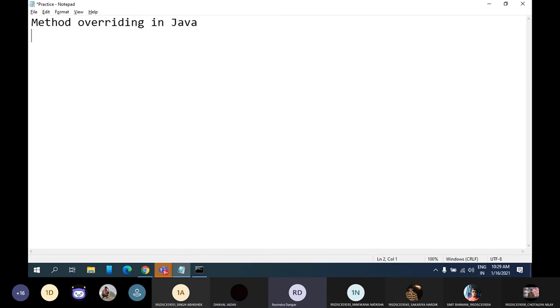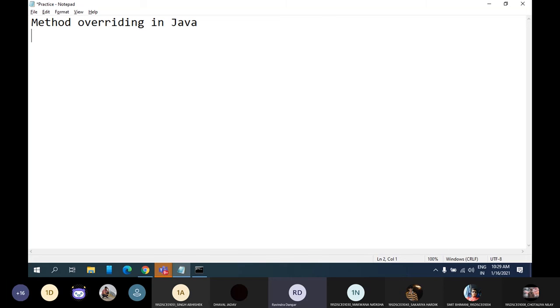Correct. Very good. So as we have discussed, the only intention is to make the program more readable. Why? Because we have discussed many examples. For example, if I want to find the area of different shapes, say the area of a rectangle, area of a triangle, area of a circle, then I can go with the same method name, which is area, but it depends on the object.